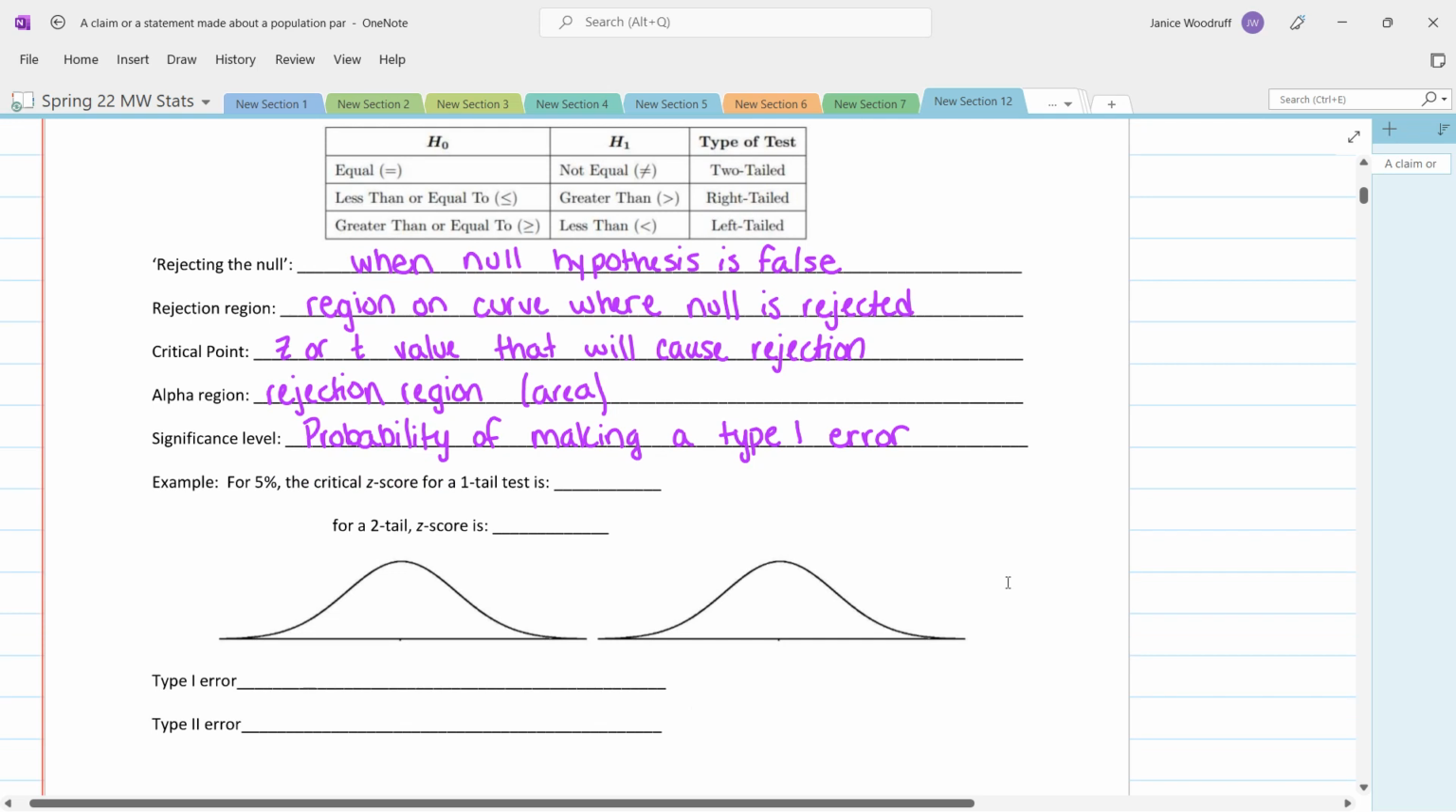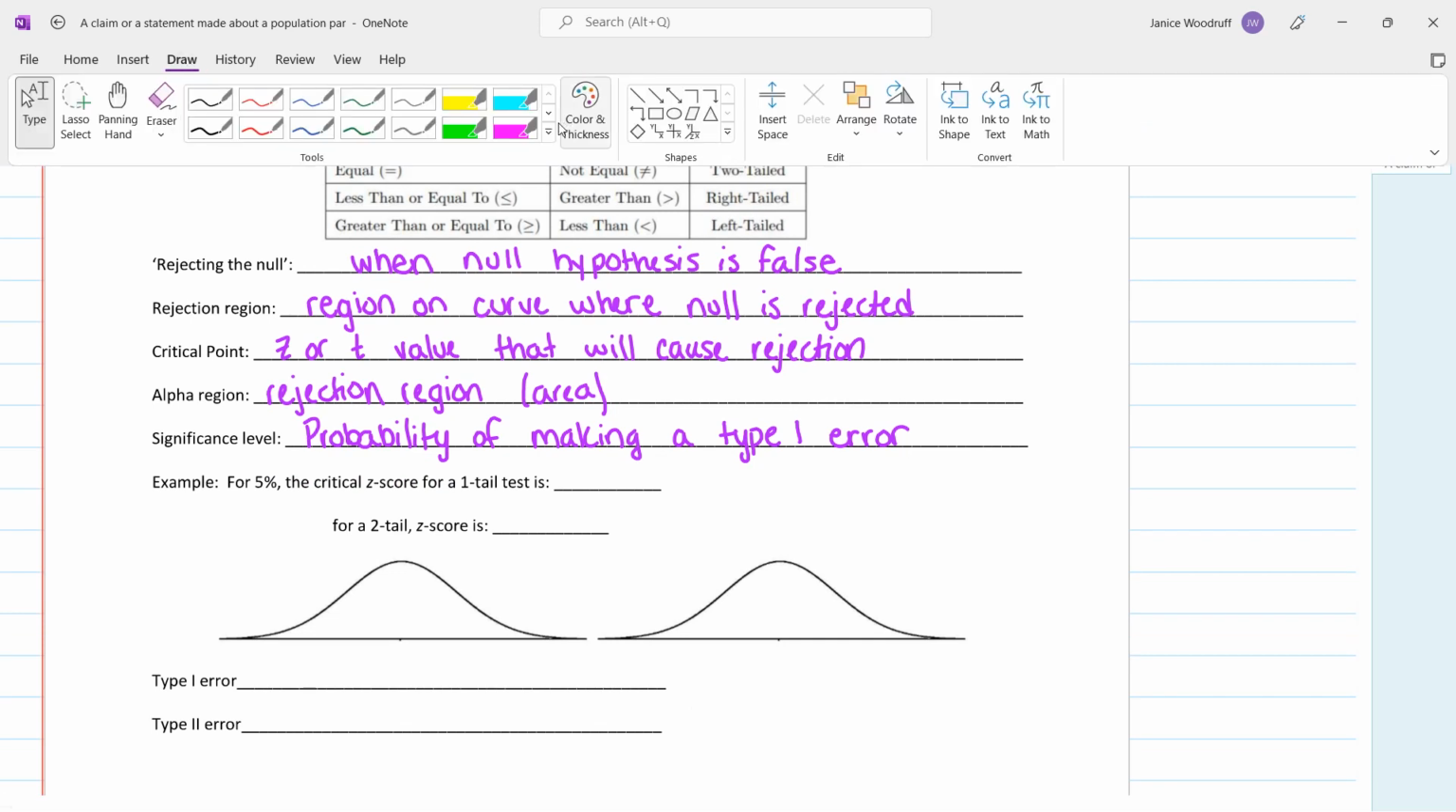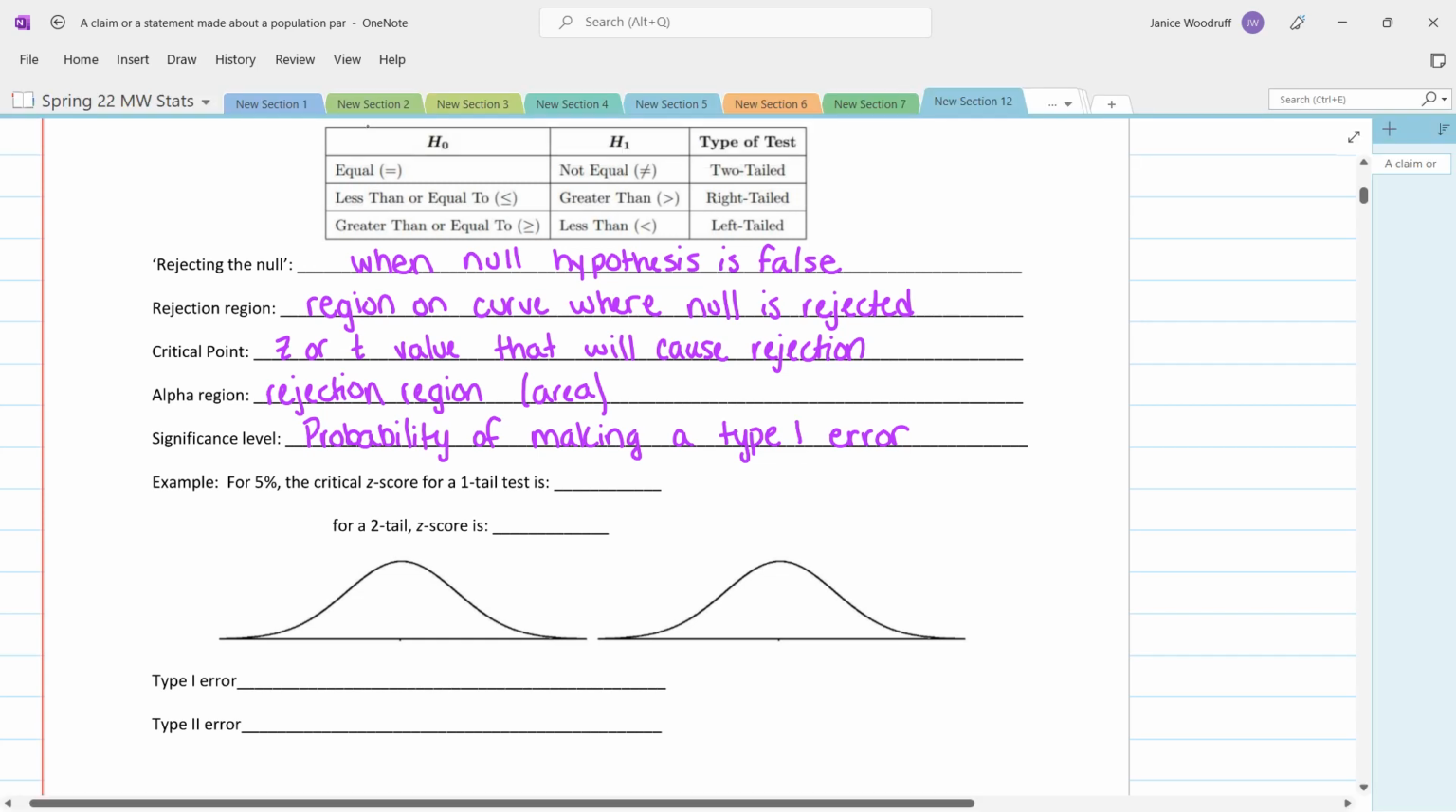Okay, so looking at examples here, let's say we have a hypothesis test and we want 5% for your rejection region. The critical z-score for a one-tail test, so let's say it's a left-tailed test. What we would do there is we're looking at this curve here, right? The left side of the curve right here,